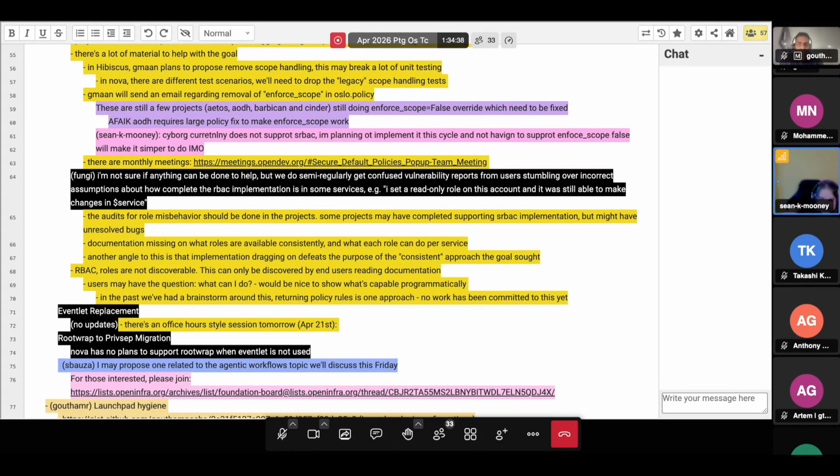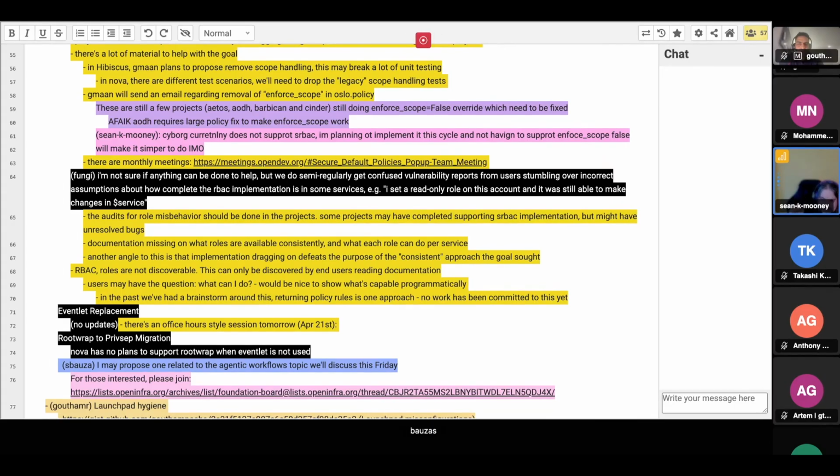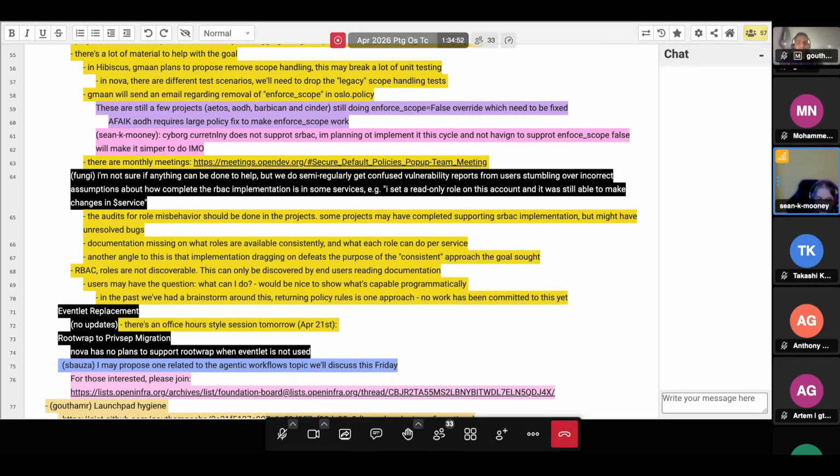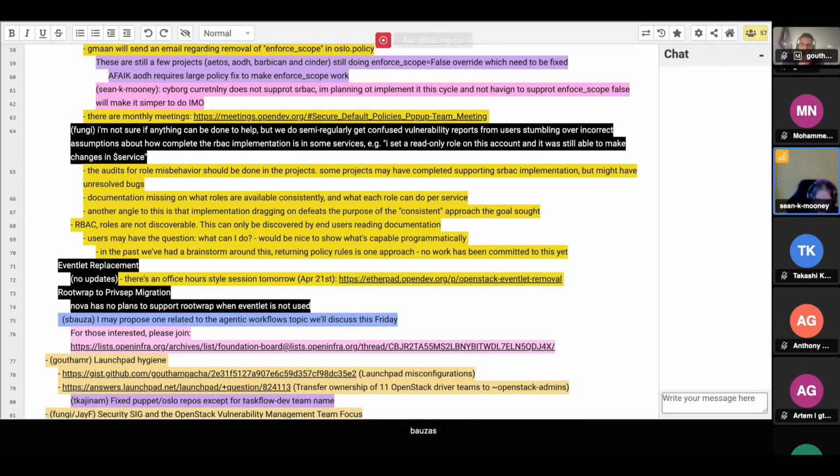Let me say that in a less dumb way. There's two ways to start to use PrivSep. You can either spawn the daemon separately and then connect to its socket, which no one does, but it's implemented, or you can use the PrivSep helper. The way that Nova is doing it is we're just calling the PrivSep helper, but we also ship a root wrap config that says the user is allowed to sudo and call this one command.